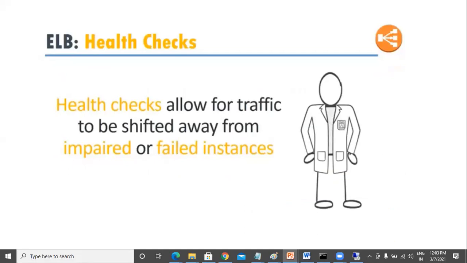What exactly does a health check do? Health checks allow the end users to shift the traffic away from unused or problematic, failed machines. So let's assume you have 4 machines. If one machine is having a problem, the load balancer is very intelligent. It will not give a connection to that particular machine again. It will route the traffic to a different machine. That is one of the advantages the load balancer gives you.